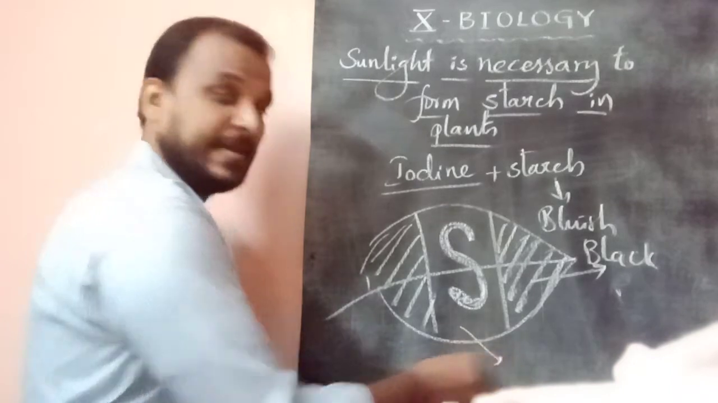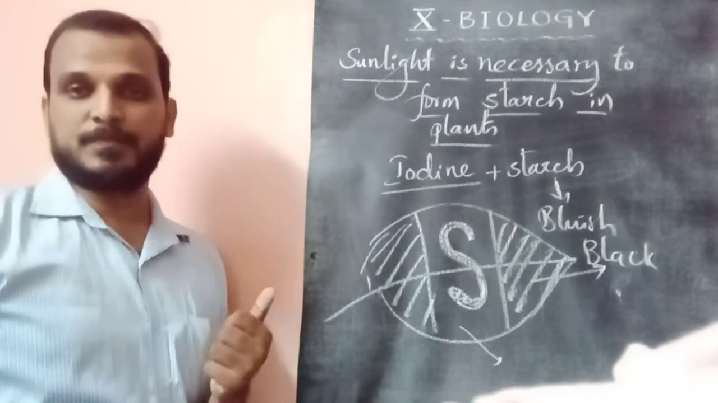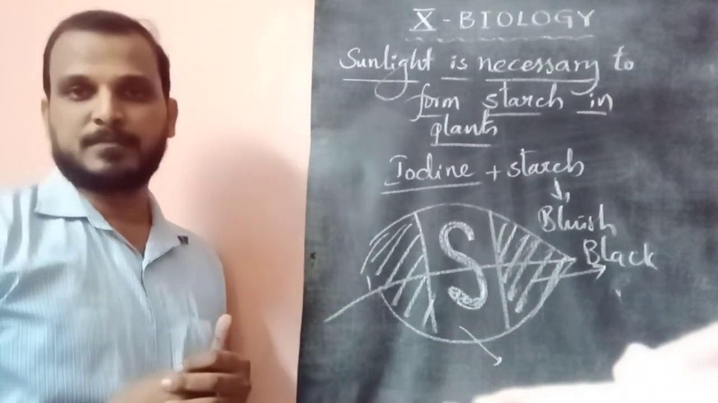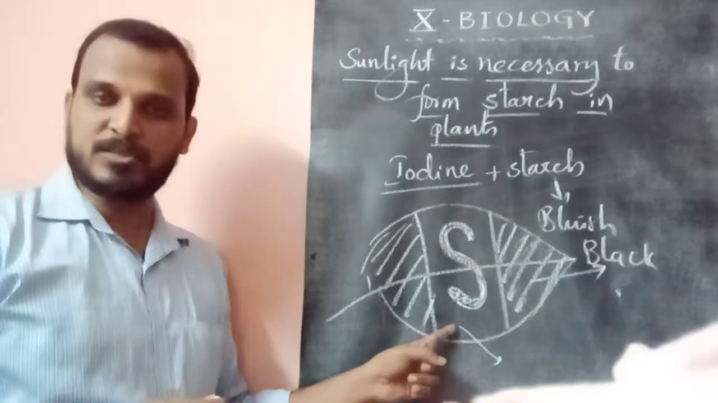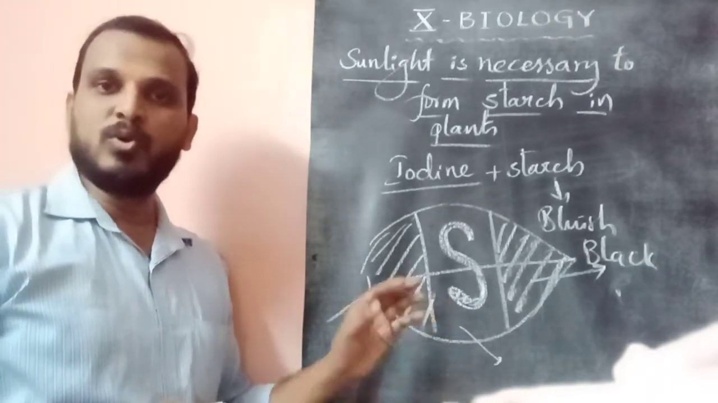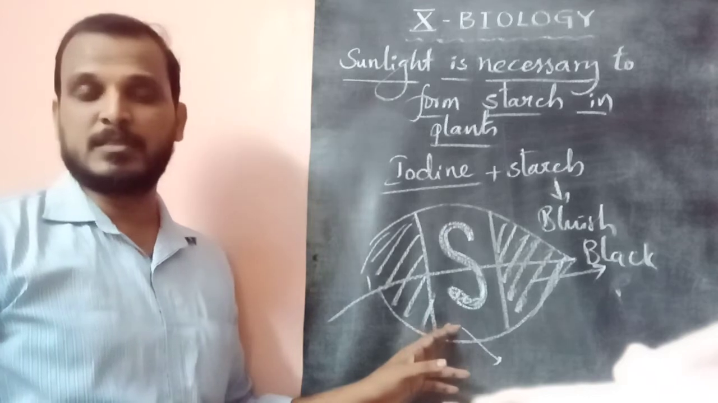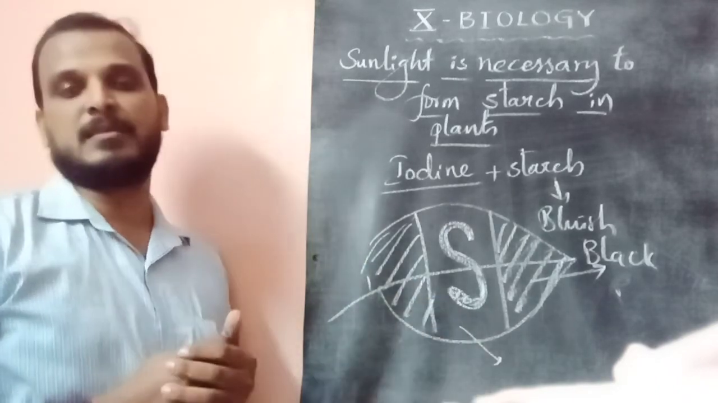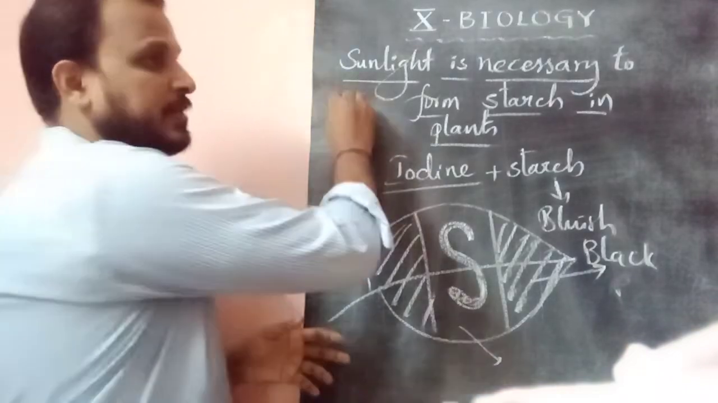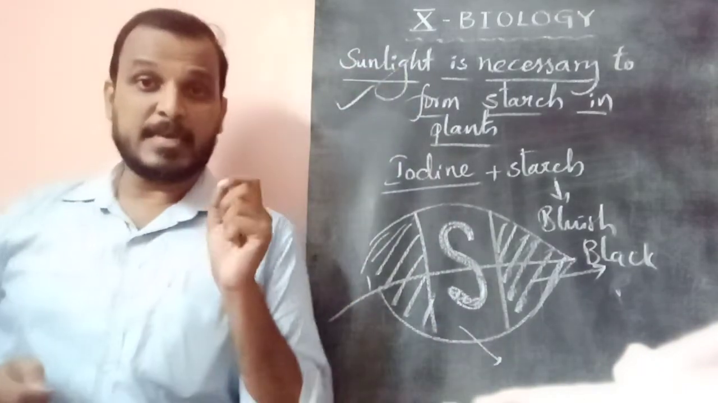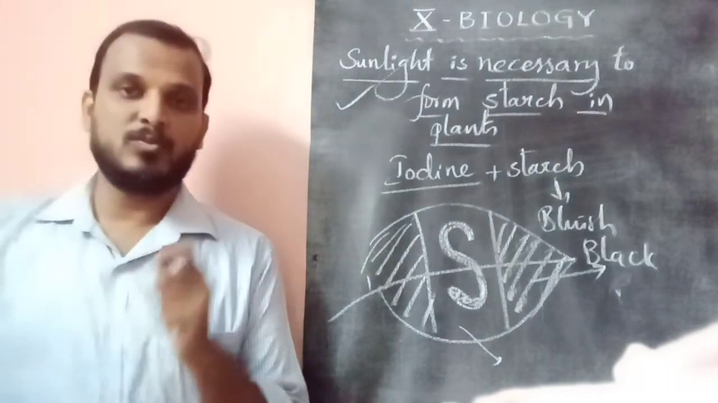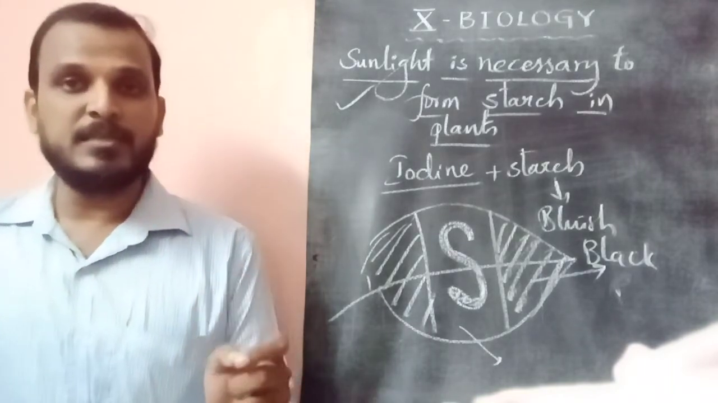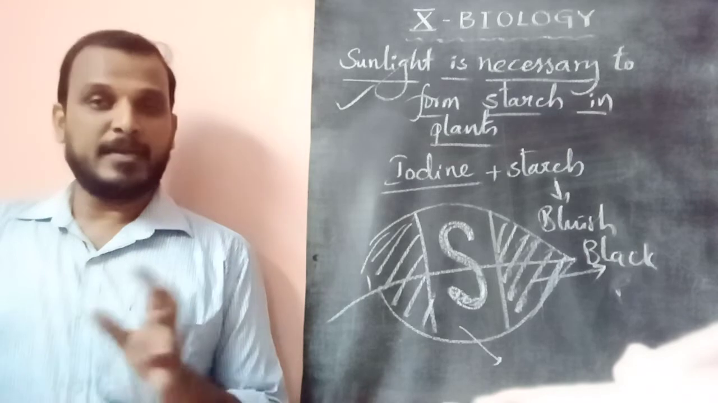Now they gave a negative result with iodine, that is, starch is absent. Why has the covered portion not turned bluish black? No starch is present. Why is no starch present? No sunlight is available, so no photosynthesis. So this experiment proves that sunlight is necessary to form starch in a leaf or in a plant